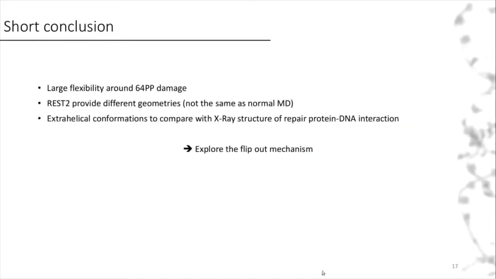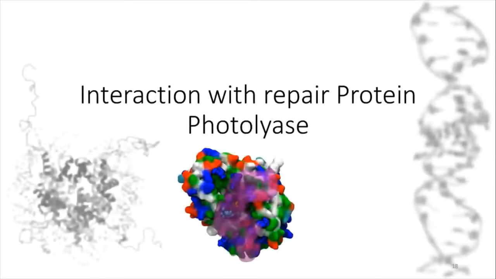So there is really a large flexibility around the 6-4 damage, and you have a sequence impact, at least for this flanking base pair. And the fact that we use Res2 allows us to find different geometries, whereas with normal AMD we have only the first cluster. And the extrahelical conformation can be compared to the X-ray structure and led us to think that we can explore the flip out mechanism. So then, I would like to talk a bit about some interactions that are possible with